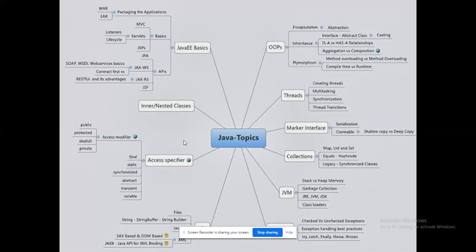Java EE basics. These are all the things covered with cloud computing and service-oriented architecture. So, if you want to be a framework designer, you should be very good in Java EE basics and the content of XML and the other things. The rest of the things are mandatory for any Java technology.